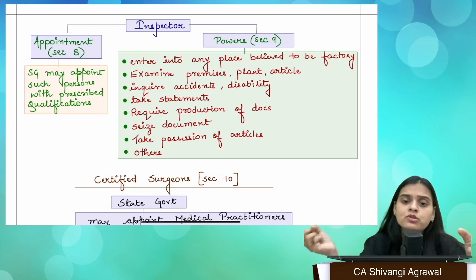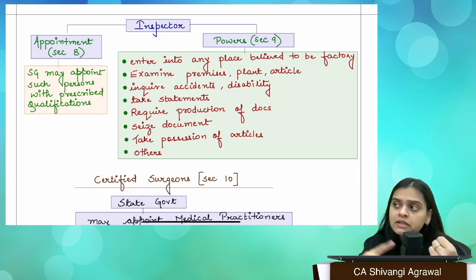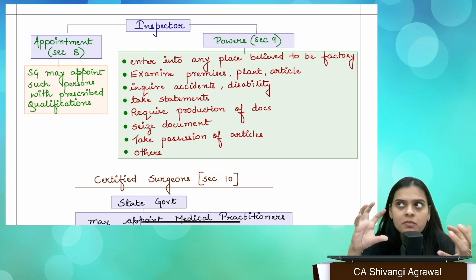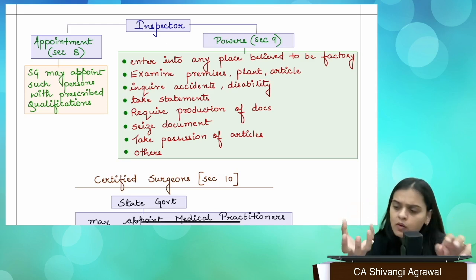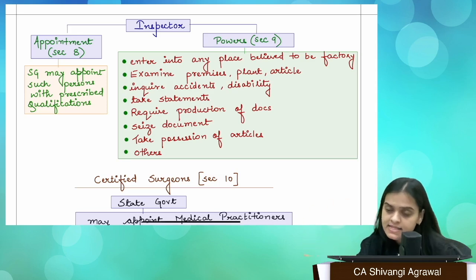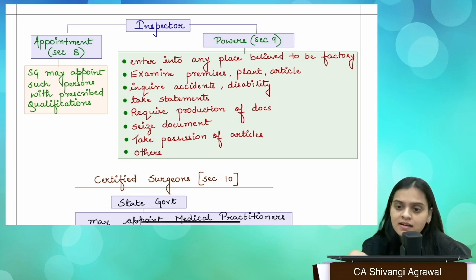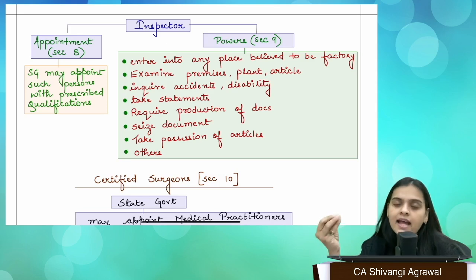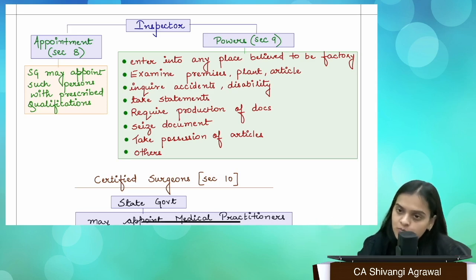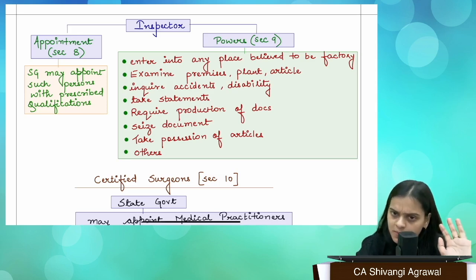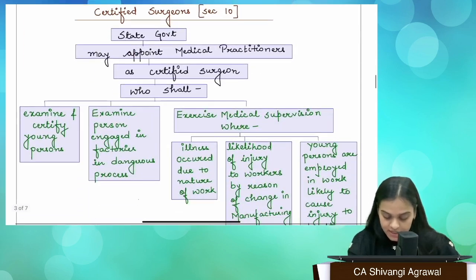So the inspector has the power to seize it. They can also take any substance or article, like supposedly you are emitting some hazardous substances, or there is some disposal of waste. You consider it to be completely harmless for health. So I can take a sample and get it tested. What could be the probable health hazard? And if I am the inspector, of course, I can exercise whatever powers are prescribed. Okay, so this is in general.